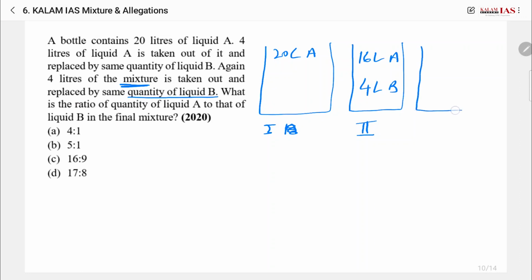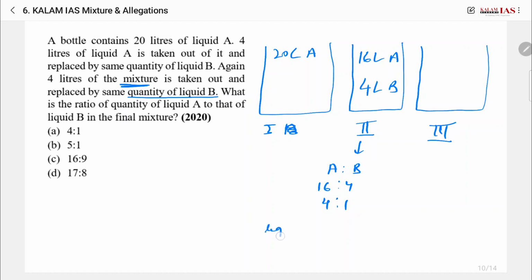The third situation. First, let's simplify this second situation. Liquid A to B is 16 to 4, that is, they are in the ratio 4 is to 1. Now 4 liters of the mixture is taken out, that means